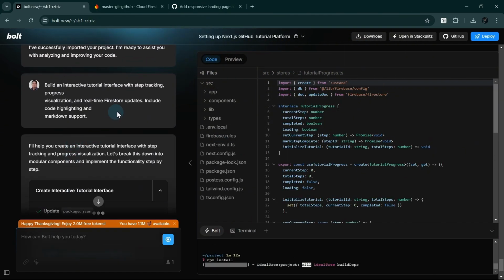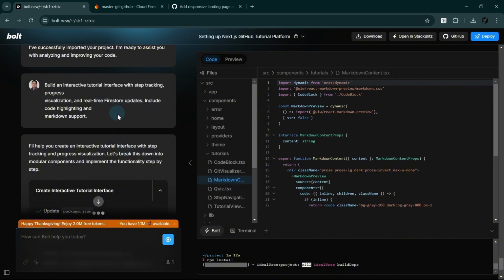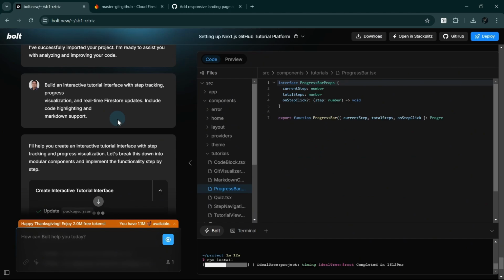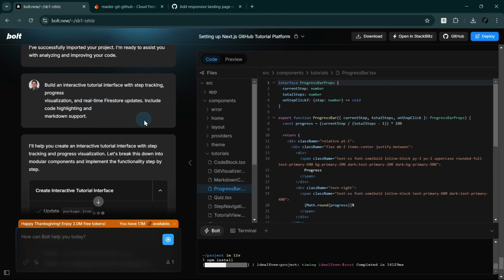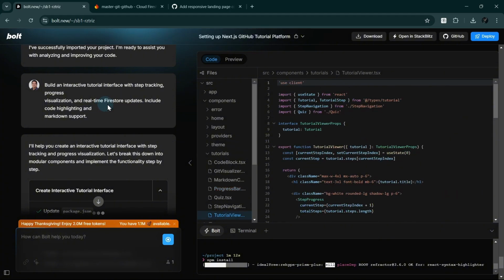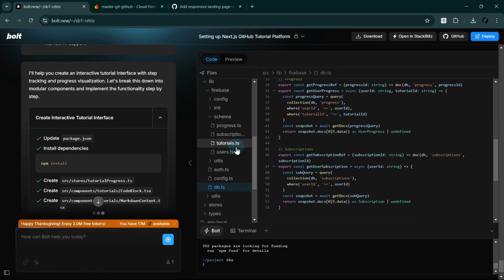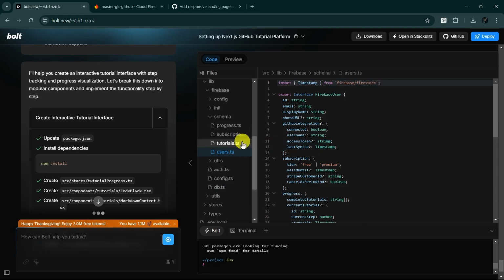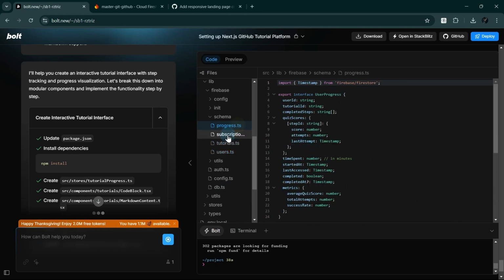We can see in the prompt here that I mentioned Firestore updates. So this will configure Firestore or Firebase to implement the real-time updates. So hopefully this will nudge the issue we're having with the database. So we still have the schema here, so nothing's lost with our previous attempt to generate or create the database